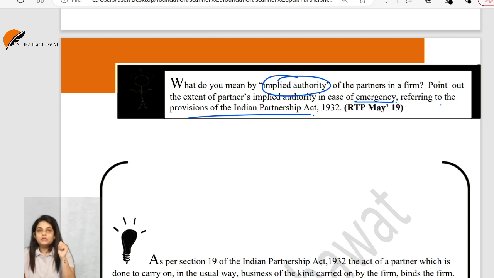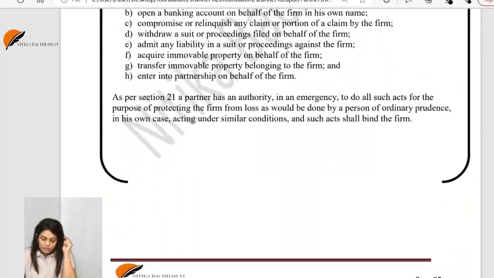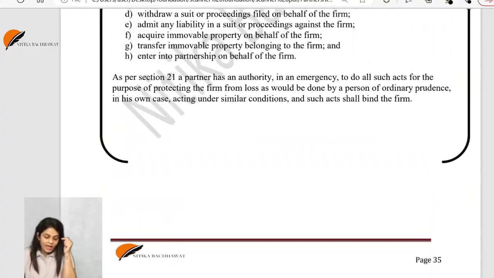However, in an emergency, if with an intention to protect the interest of the firm, a partner does any act which is outside his authority and the third party does not know it is outside his authority, the whole firm will be liable. So it's only in the case of emergency, if he does any act, then it will bind